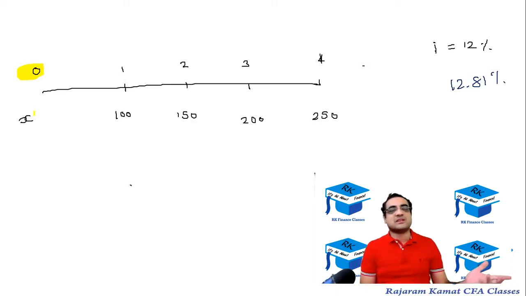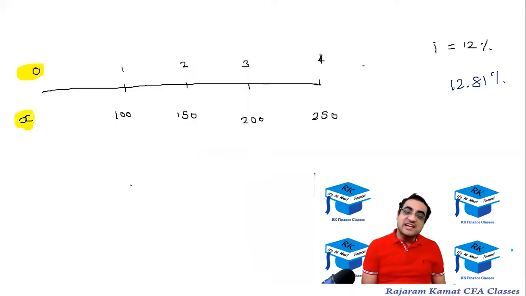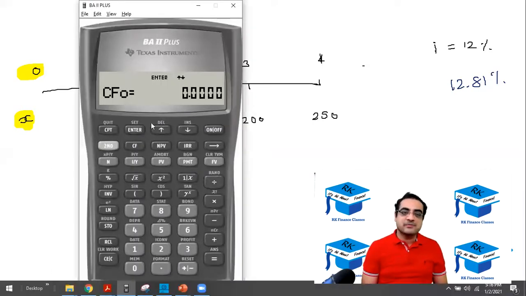Yes, we have to deposit something, but we don't know how much to deposit in the year 0. So let's leave that. Do not press anything for CF0. I repeat, press CF and press second CLR WRK. CF0 is the cash flow in the year 0, which we don't know. It's X, so let's leave it and scroll down.